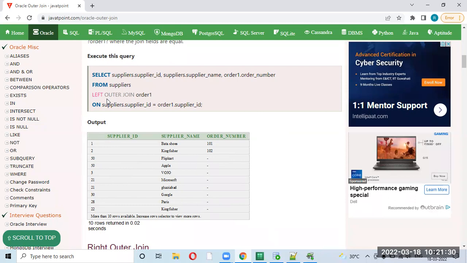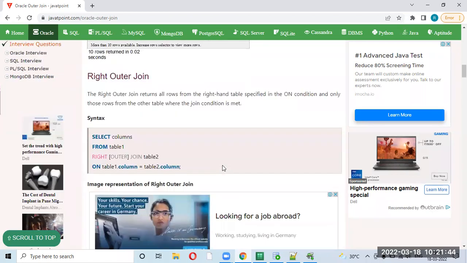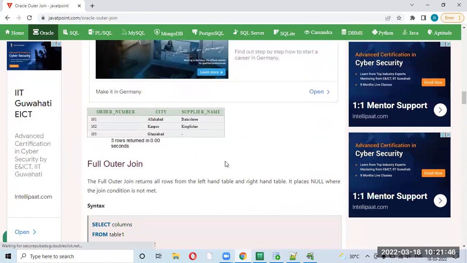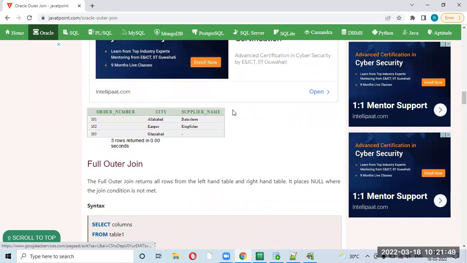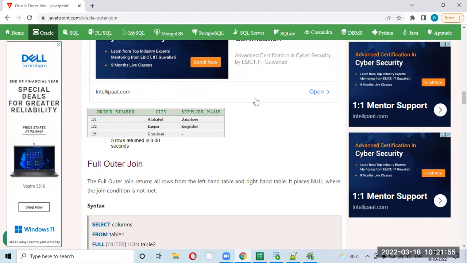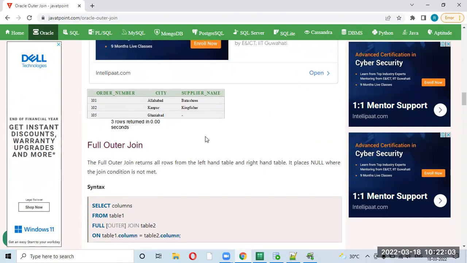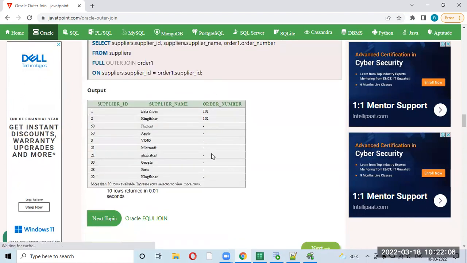If some of the IDs are there in the left table, they will not be present in the right table. So corresponding to those IDs, obviously, see in the orders table, if there is no supplier ID called 50, how will you get an order number for it? You can't get, right? In the same way, if supplier ID 90 is in the orders table, but it is not in the suppliers table, how will you get the supplier name out of it? You won't get, right? So when you do this combination on both sides, you will be getting blanks like this, but it's not mandatory.